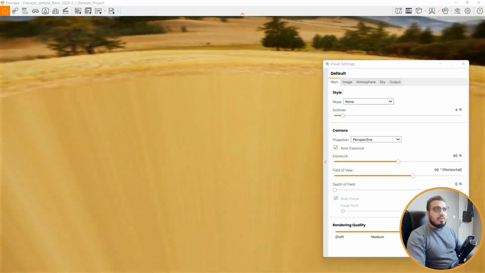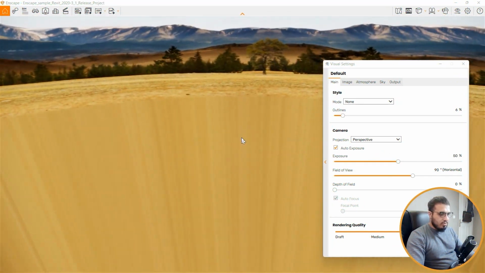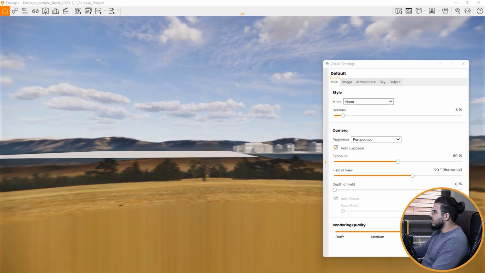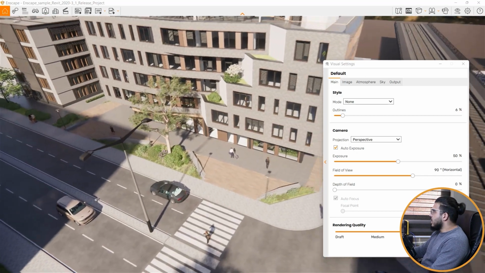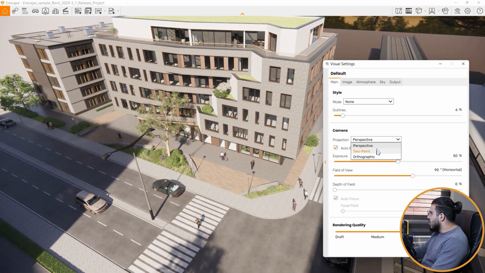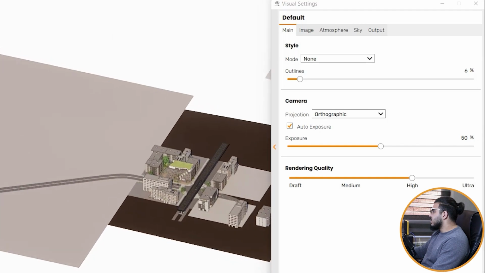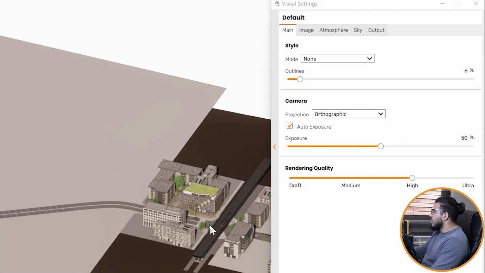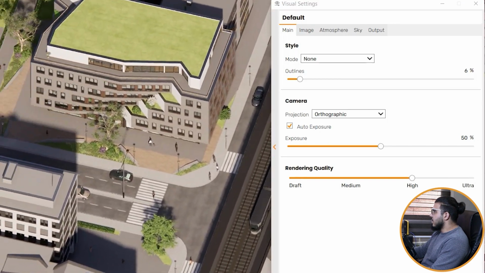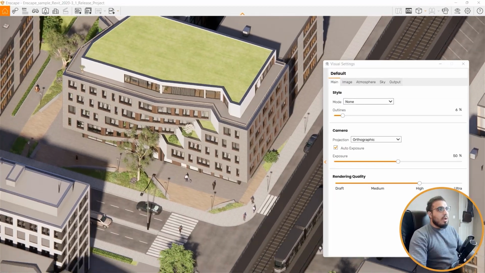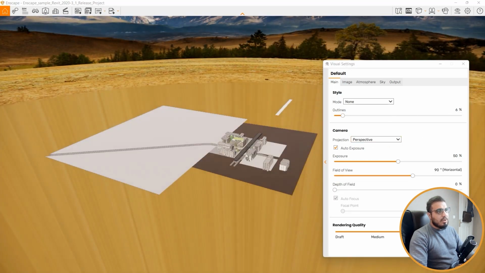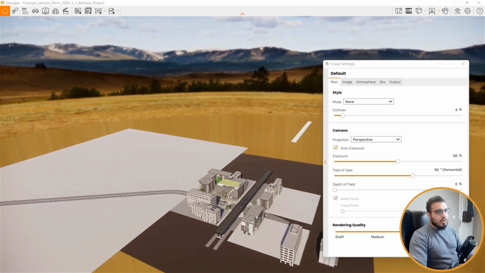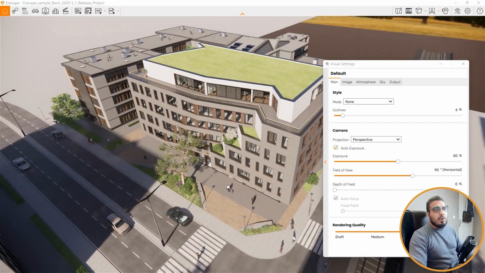If you are lost like me right now, just press 2 on your numpad. You will go to the front view and can find your project much faster. Let's go here and let's change the projection to orthographic. You can see the projection orthographic. You need to zoom, and now you will have a bird eye view, and you can do some renderings with this kind of settings. Let's put it on perspective to work better. It is much easier to work in perspective and render in 2-point perspective.